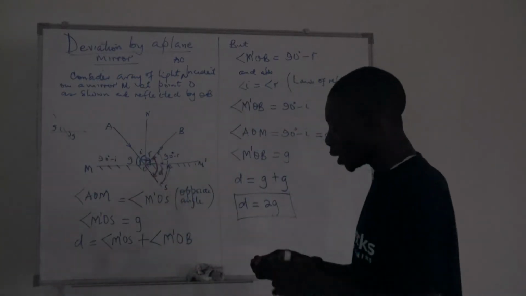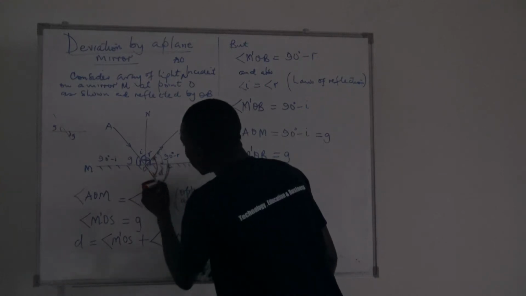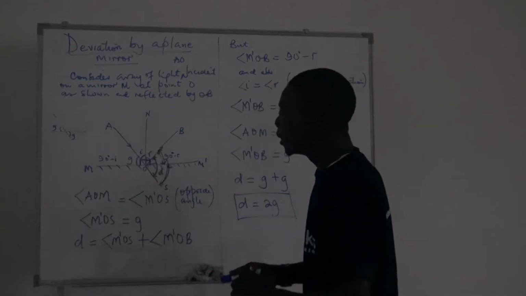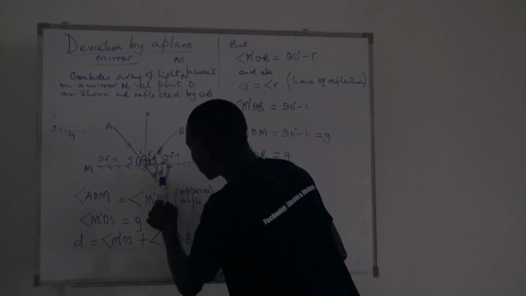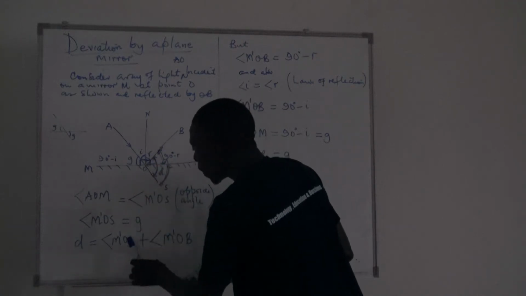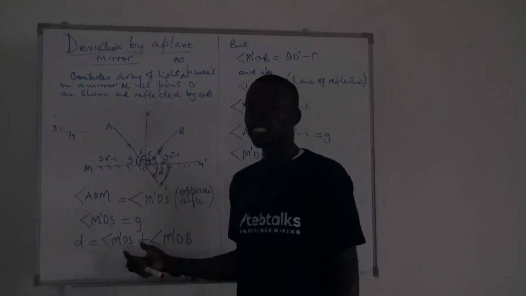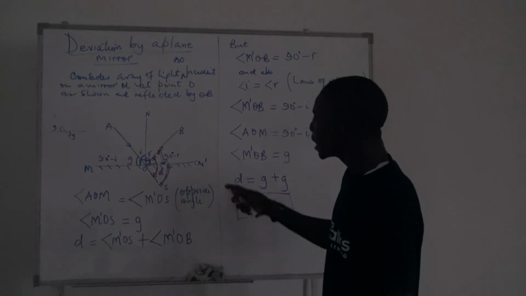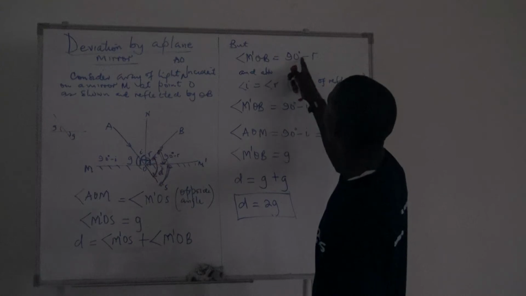How do we actually get that? We said that is the same as adding this angle plus this angle. And we said that is adding angle MOS, that is this, plus M prime OB. If you add the two, you'll be saying this plus that will get the whole of that angle. Is that okay? And then we are aware that angle M prime OB is 90 minus